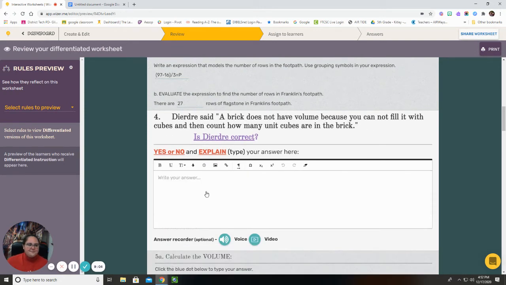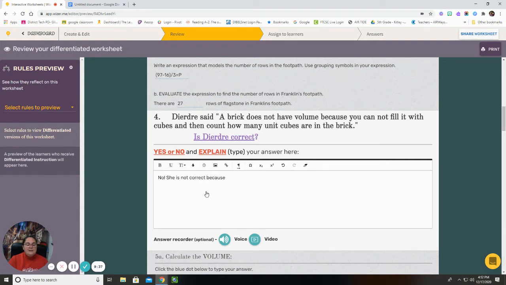All right. Number 4. Deidre said that a brick does not have volume because you can't fill it with cubes and then count how many cubes are in the brick. Is she correct? No. Make sure you write yes or no. That part is worth 1 point. So she is not correct. Explain. She is not correct